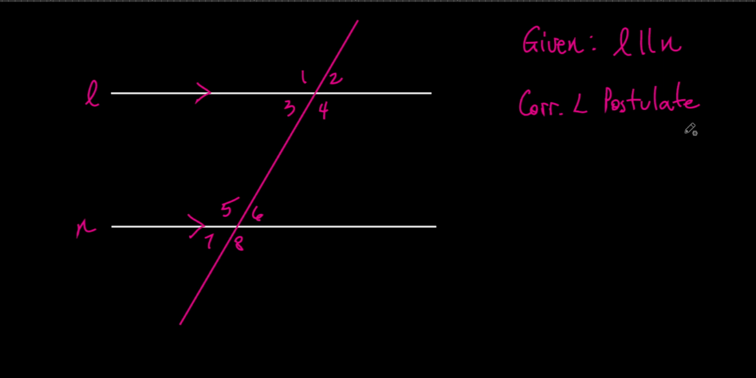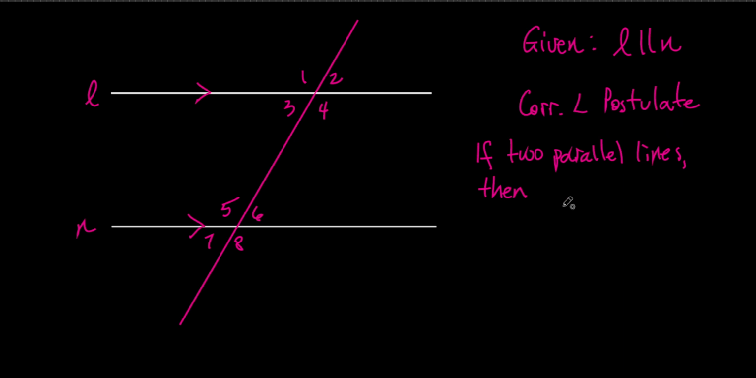Here's what the corresponding angle postulate says. Every one of these starts off the same way. It starts off saying, if you have two parallel lines, so if there's two parallel lines, cut by a transversal. I'm just going to leave "cut by a transversal" out, okay? So if you have two parallel lines cut by a transversal, then